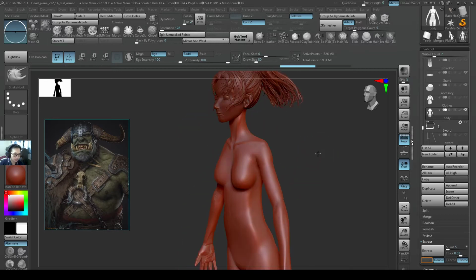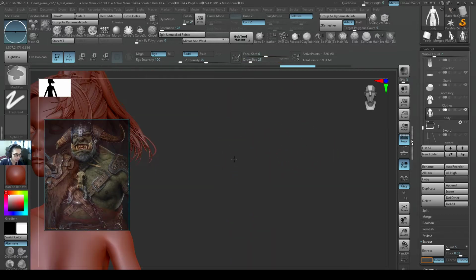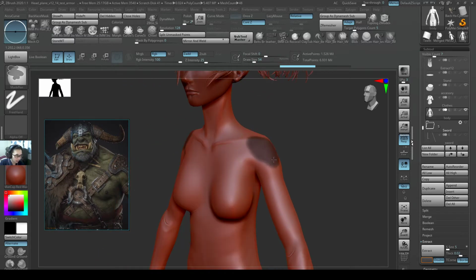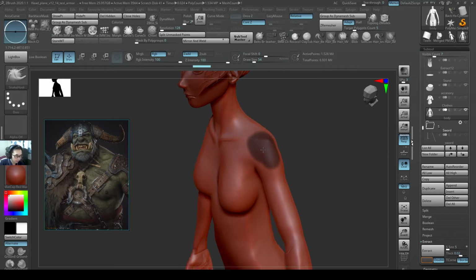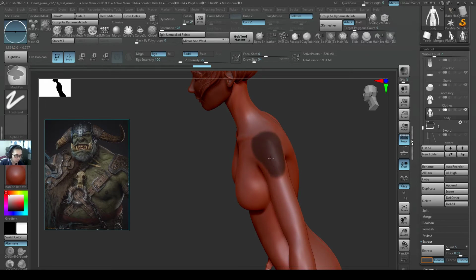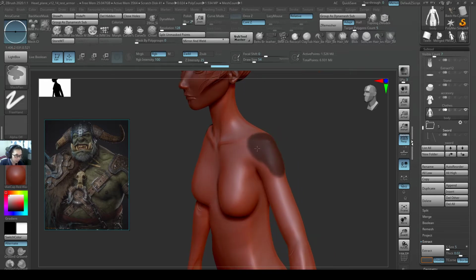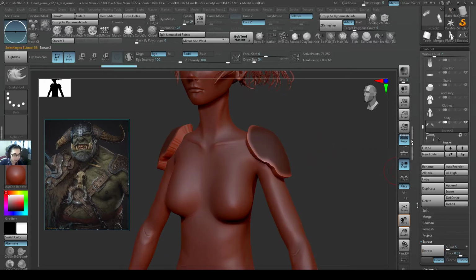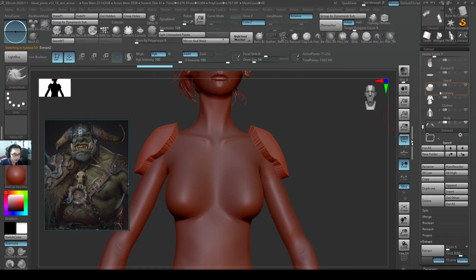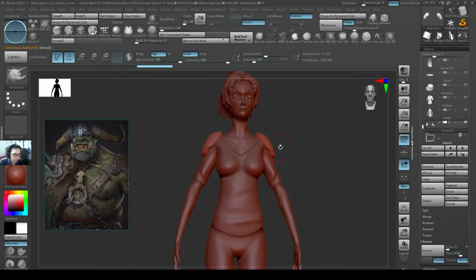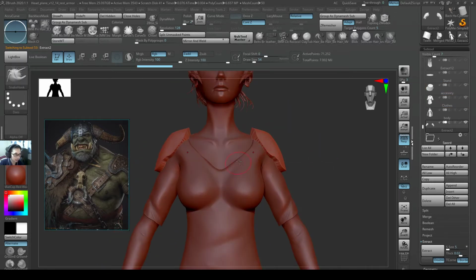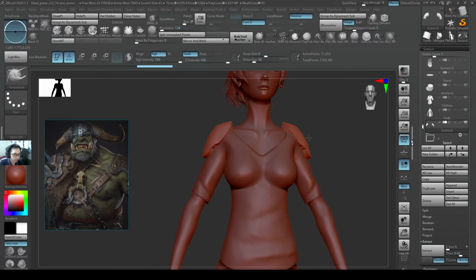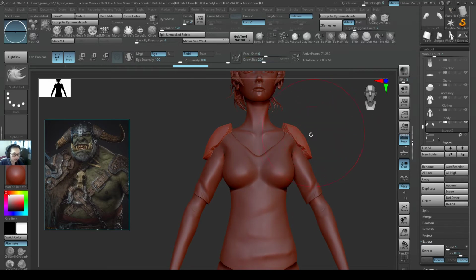If I want to create something like a shoulder pad, I can also just mask out an area for a shoulder pad, and I'll do an extract and accept it. If I have these two areas here, it can help me connect. My character reference doesn't really have armor like this, but I want to just show this method